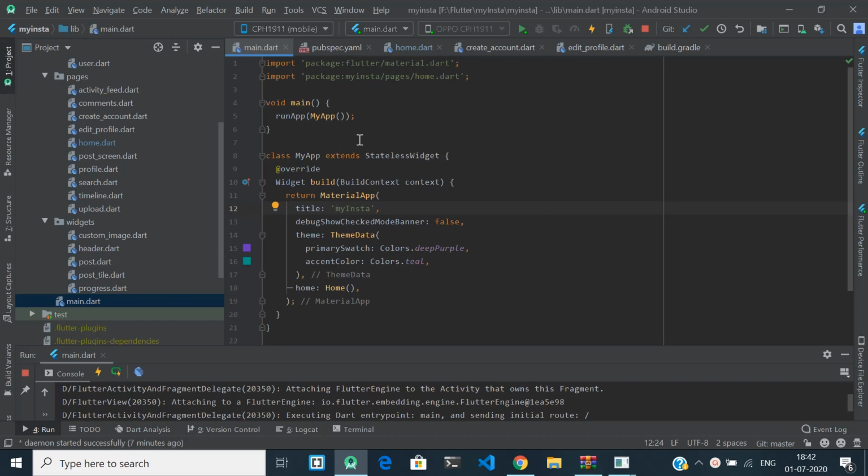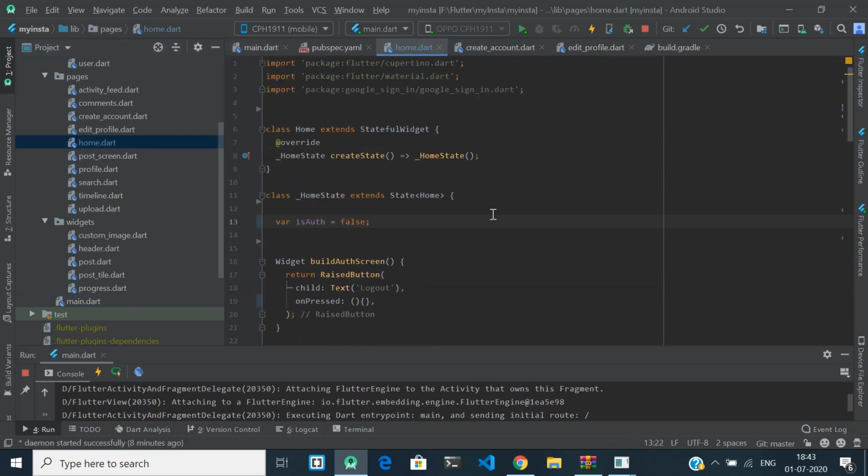This will be the starting of the code where we'll start with main run my app. In this video, what we are going to understand is how to connect your Flutter with Firebase, and also how to do the Google sign in. This part is the starting of the code, and from here we'll call the home screen. So everything will happen here.